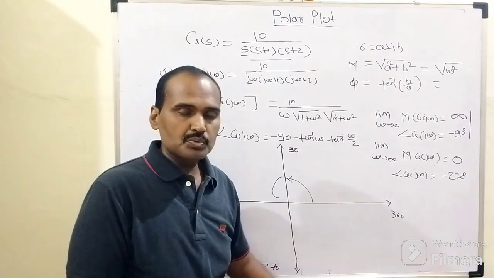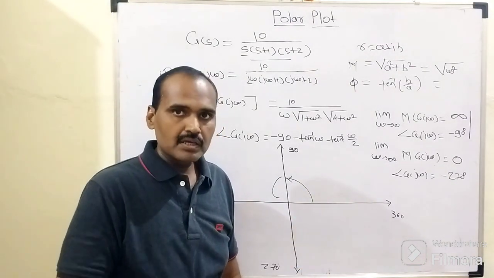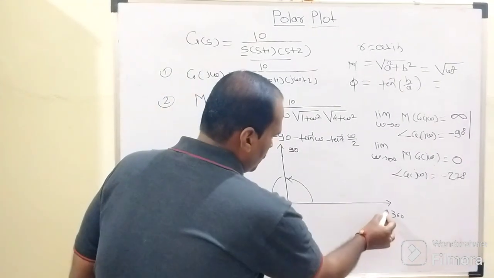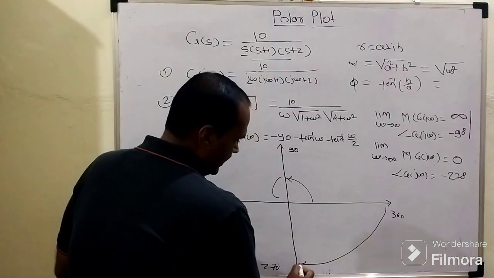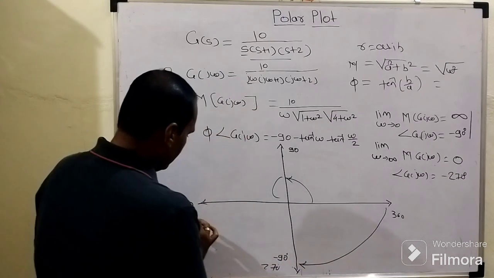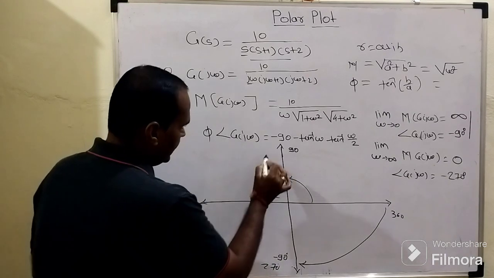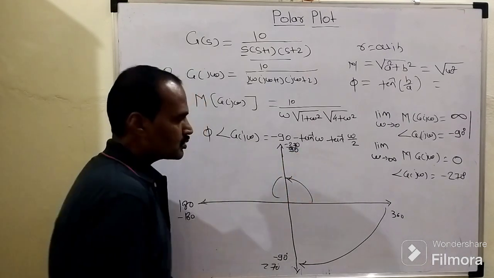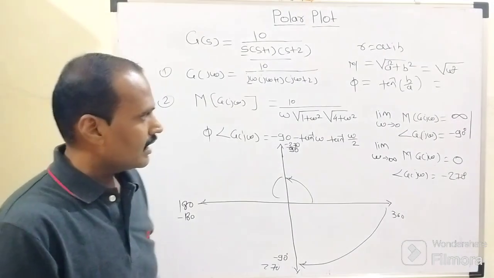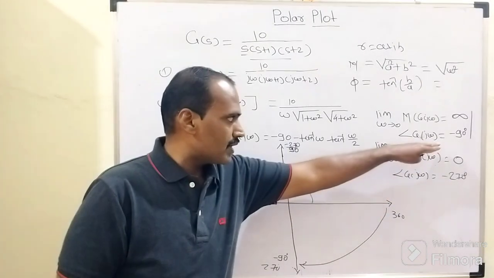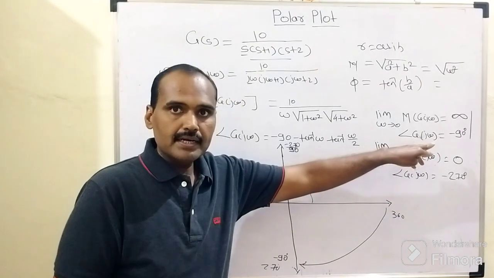So in order to have these two relevant phase angles, we need to follow the clockwise direction. If we go in this clockwise direction, this will be the minus 90 degree line, this will be the minus 180 degree line, and this will be the minus 270 degree line, right? Now according to the tabulated value, as I told you earlier, this polar plot will try to touch